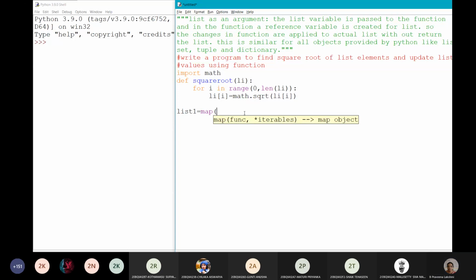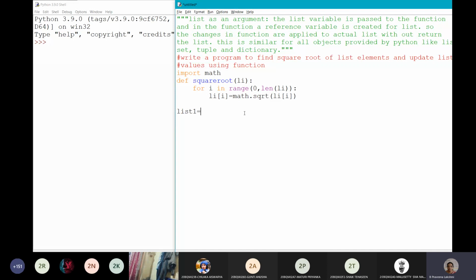No, ma'am. This function is especially to accept the values from the keyboard. That is, you can take the set of values from the keyboard and we can split the values, and then we can convert the values into int and we can store them into the list. For that we can use this map function. What the map does is we can apply a function for the data. We'll take a data and for that data we'll apply a function.